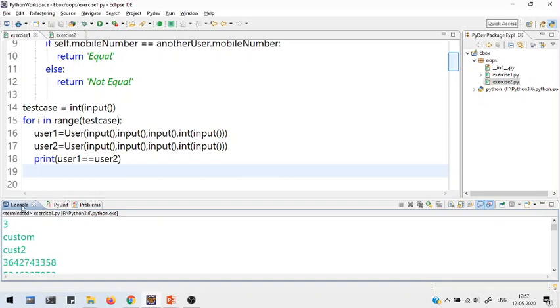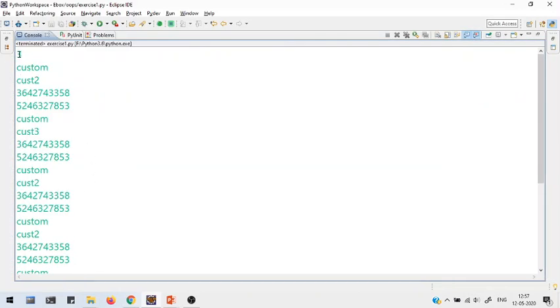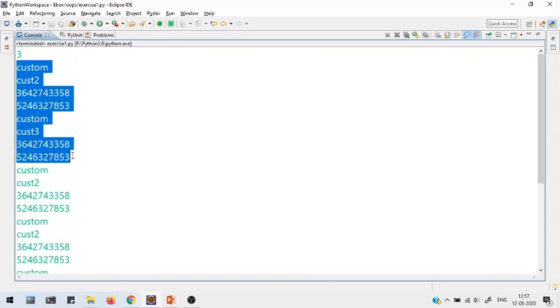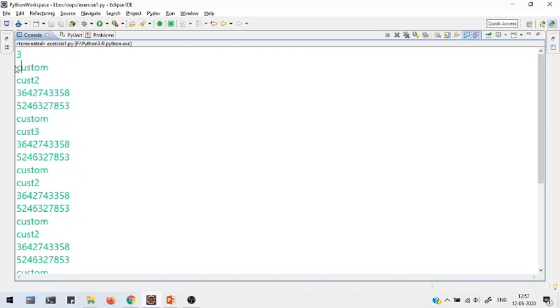So this is the first line. Here it is 3, which means we have 3 test cases, and for each test case there will be 8 lines. So these are the 8 lines. This is for user 1. So user 1 details, this is user 2 details, and this is the phone number.